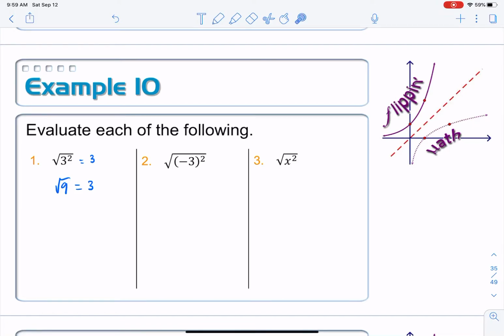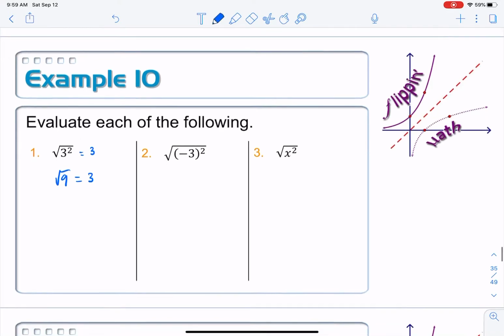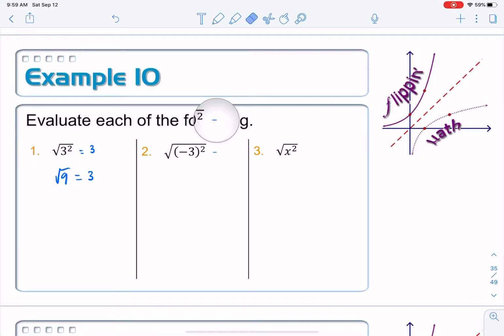Now, just keep this in mind. I am not getting plus or minus here because this symbol is the principal square root, which implies the positive one. If we wanted the negative one, you have to throw the negative sign on the outside of this. So likewise, I might expect over here on number 2, the square and the square root to cancel out, and that I would get negative 3, right? Except you don't, because whenever I square the negative 3, I get 9 again,